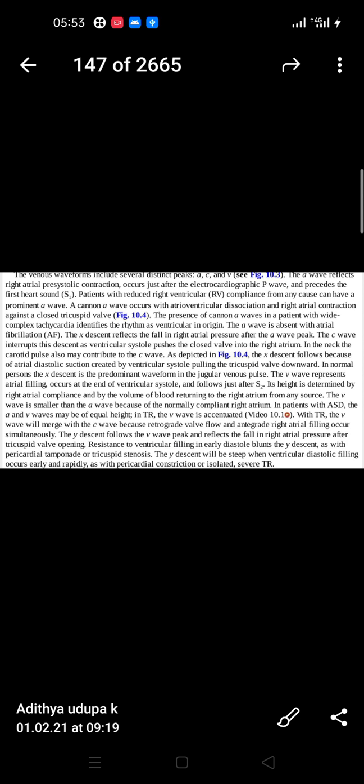And then again we have shared the extremities, so the finger thumb sign is in Holt-Oram syndrome, all those things are there. And this is very important, the JVP which is raised about 3 centimeter above is abnormal, and that is how it is done, and at least 10 centimeter from the, but usually it is now considered if you are sitting in sitting position, if there is any raised JVP, then any JVP seen above clavicle is a raised JVP. So this all we have discussed below, that is A, C, V wave, what is with that, and all.